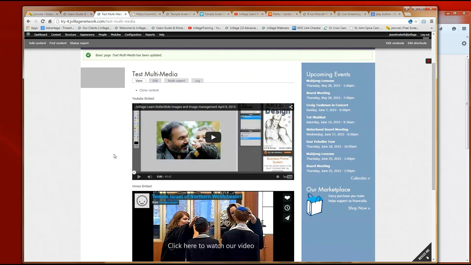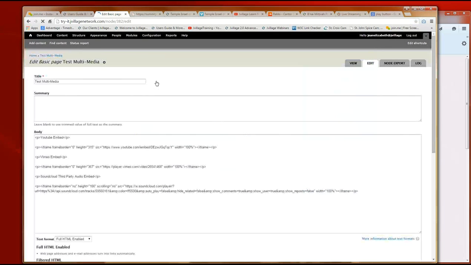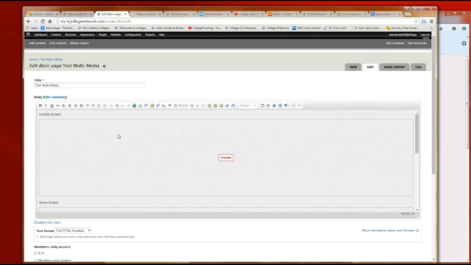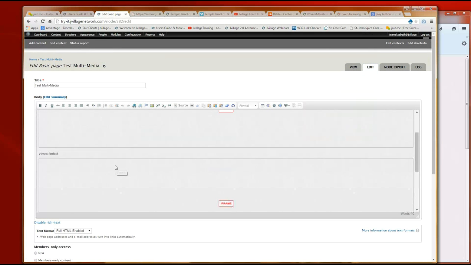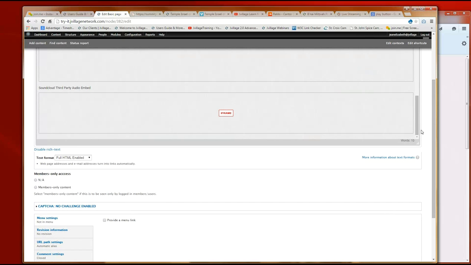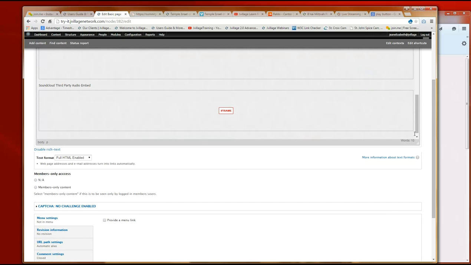If you've ever uploaded a PDF file or created a hyperlink or added a picture to a page, it's the exact same process. So you would open up the page you want to edit and find the place on the page that you want to start adding your audio files to. So this is going to be our CMS audio hosting